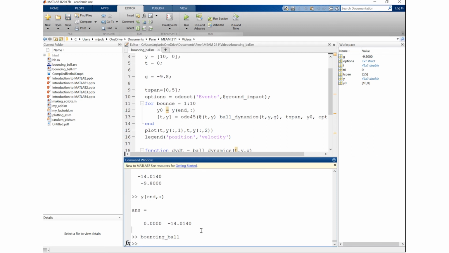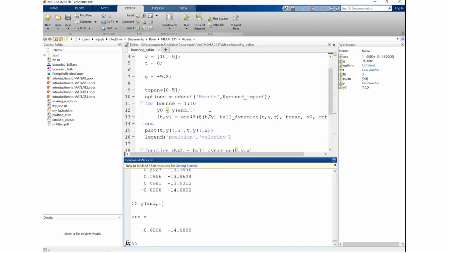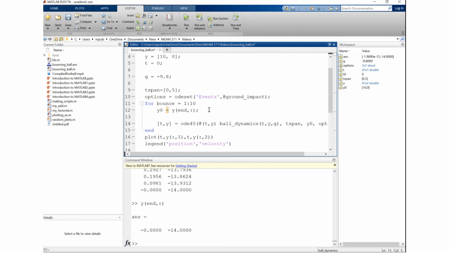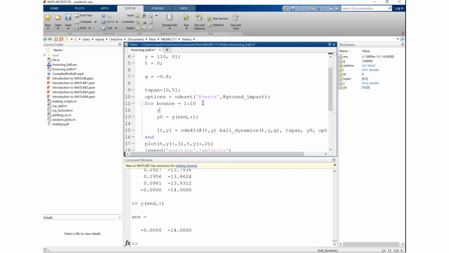If we take a look at what y looks like right now, we've got all these things. We can test what that looks like: end comma all. Perfect, that's exactly what we're looking for. So that's done. And then we need to think about what we want the velocity to look like. So actually this y0 needs to be